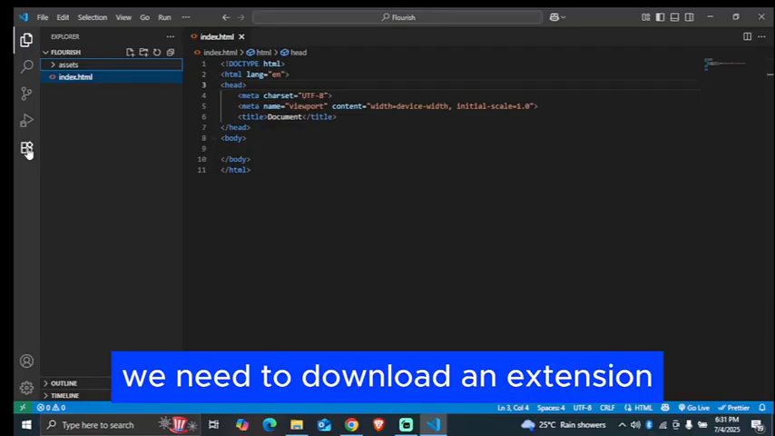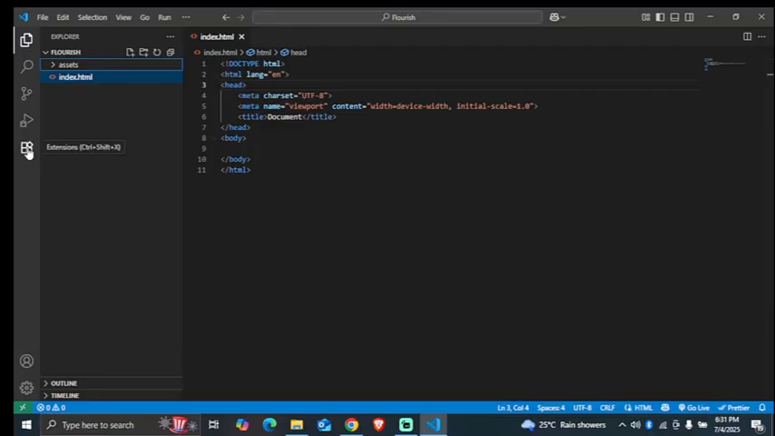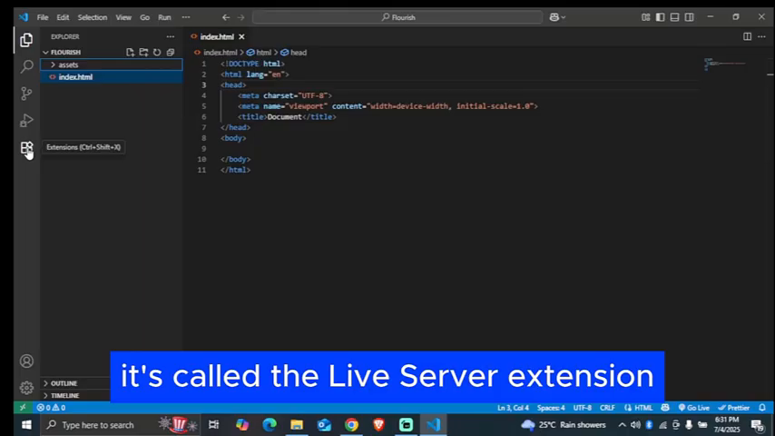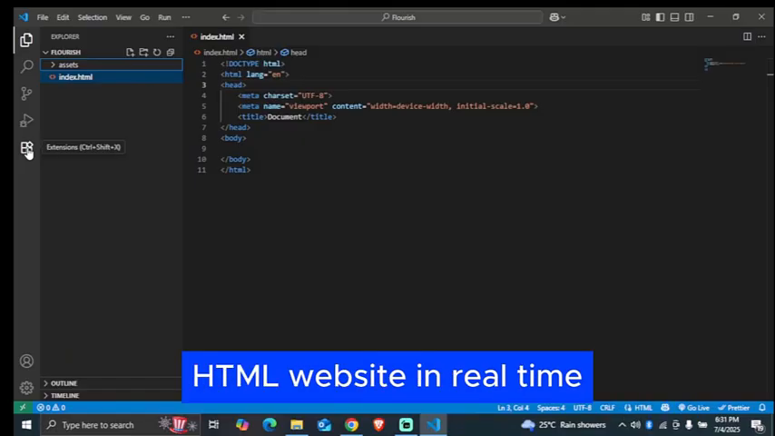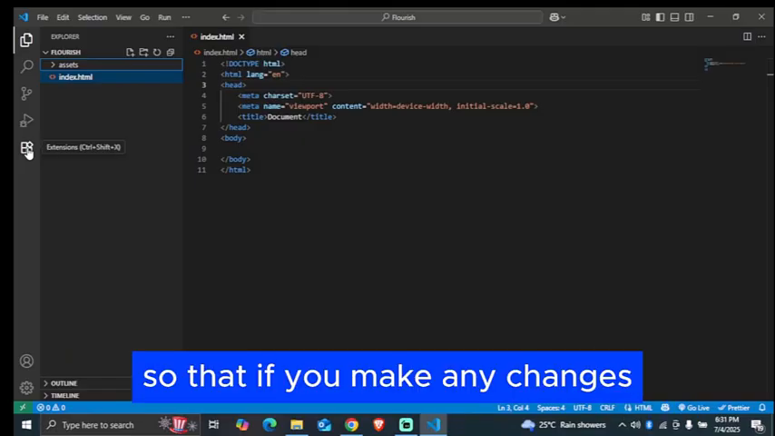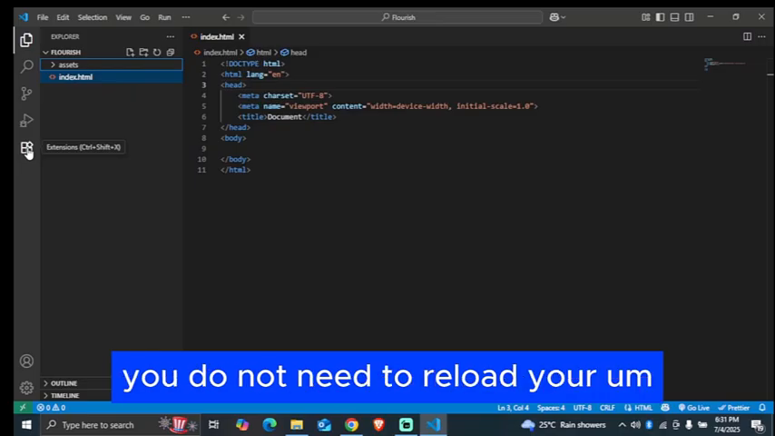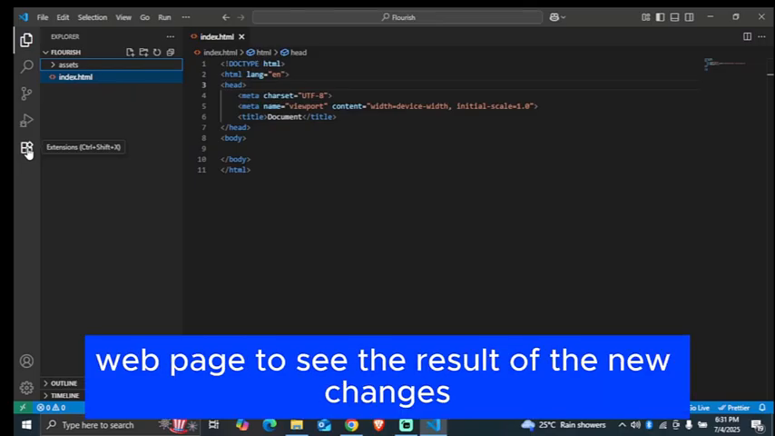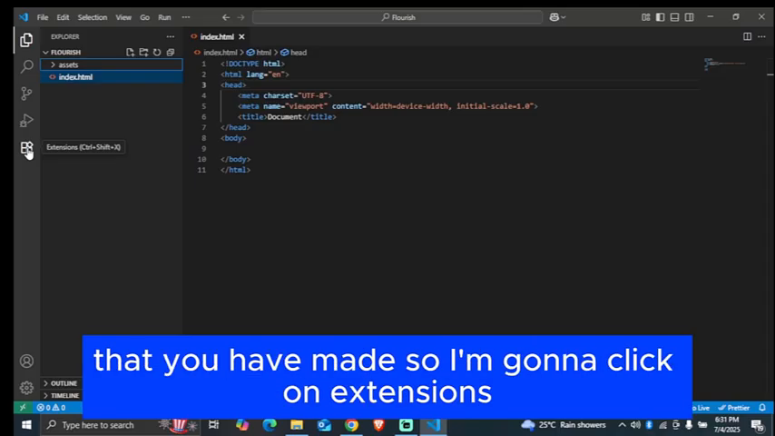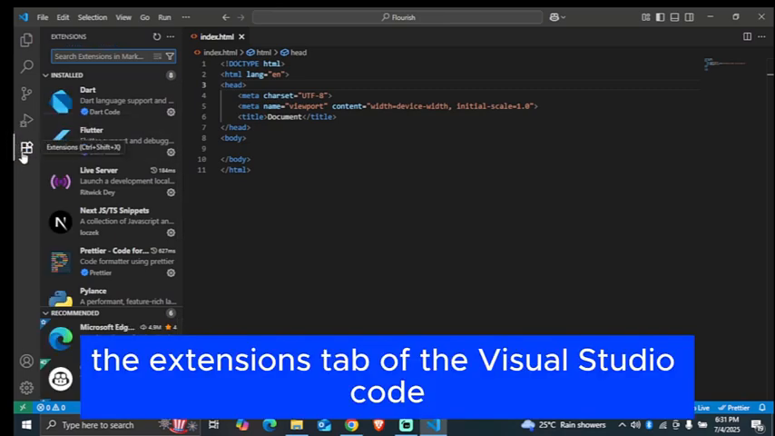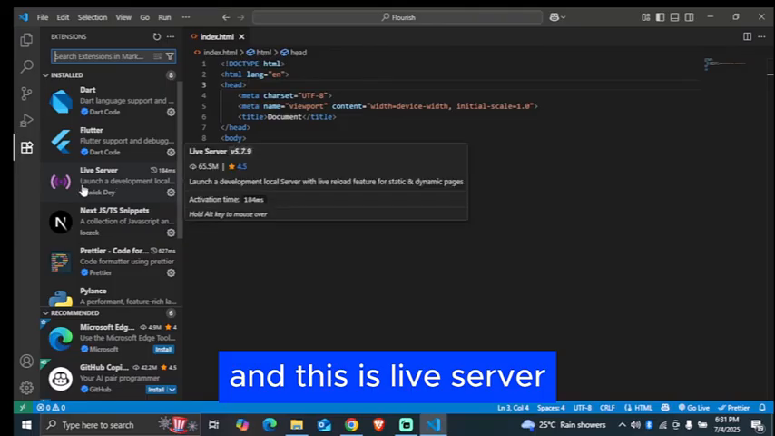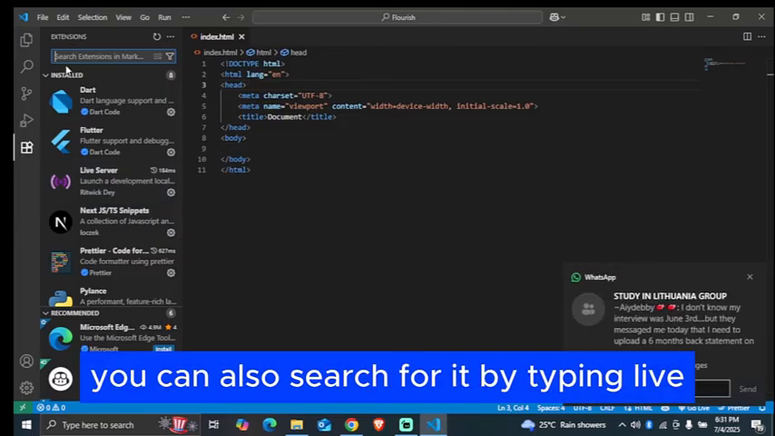Now to view our website, we need to download an extension. It's called the Live Server extension. Now this Live Server extension helps us view our HTML websites in real time, so that if you make any changes, you do not need to reload your web page to see the result of the new changes that you have made. So I'm going to click on extensions, the extensions tab of the Visual Studio Code,